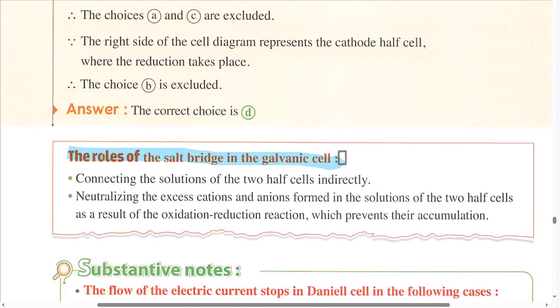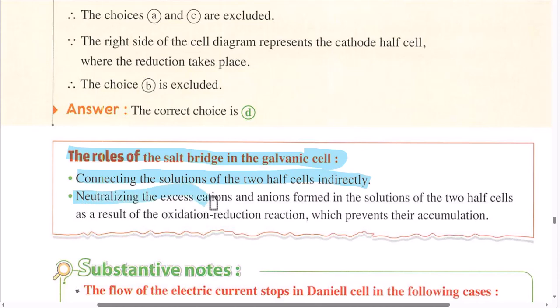The role of the salt bridge in the galvanic cell: first, it connects the two solutions of the two half cells indirectly. The salt bridge connects the solution of the anode half cell and the solution of the cathode half cell. So as we have mentioned before and explained thoroughly,